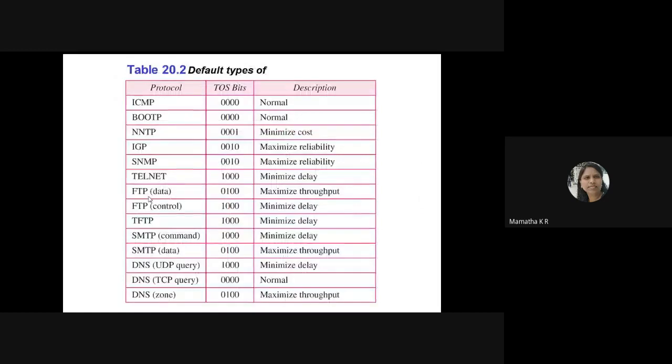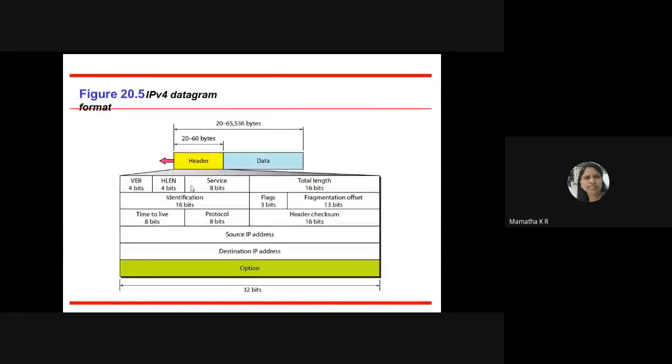What all did we discuss in this now? The version, header length, service type, and then total length. The second row, identification, flags, and fragmentation, we will discuss later. Also we discussed protocol, and then time to live, which I told you. Each time the router sends a datagram, it decrements the value.